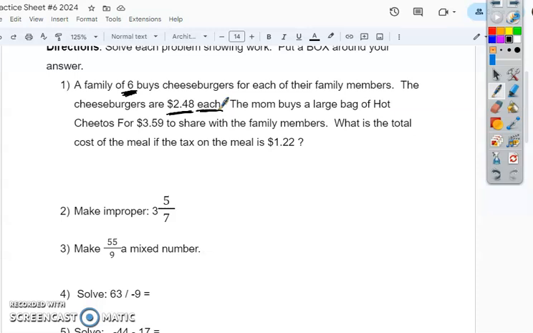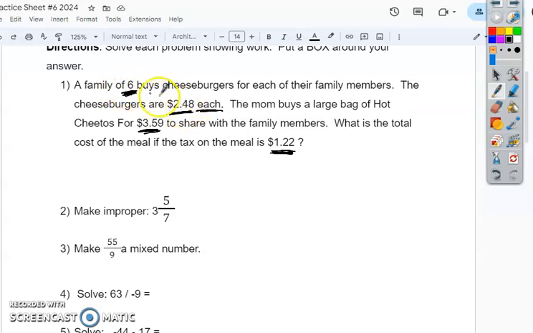The mom buys one large bag of hot Cheetos for $3.59 to share with the family members. What is the total cost of the meal if the tax on the meal is $1.22? So you have to pay some tax on this, okay? So hopefully we know